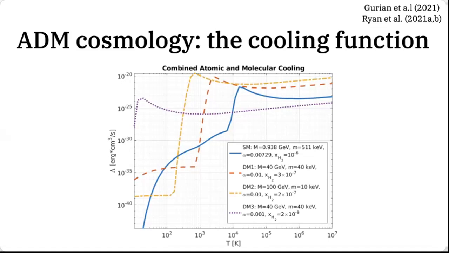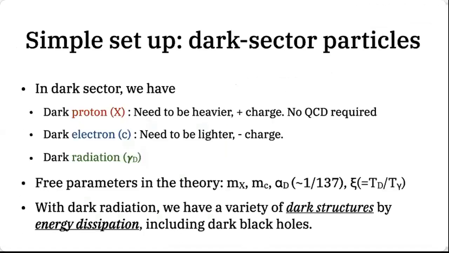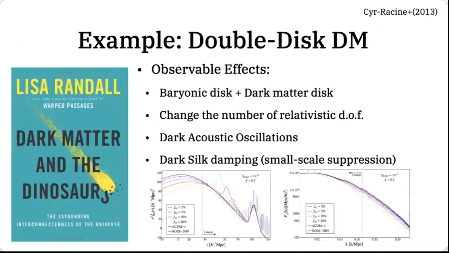Can I ask, is the dark photon precisely massless? Yes, here we assume it is massless, just like the standard model photon. I see. So then you also have a dark matter disk in your case because of dissipation. We can have a dark matter disk, but I think we will have more small dark matter clumps than a disk, because we try to avoid the dark matter disk, which is excluded by observation.